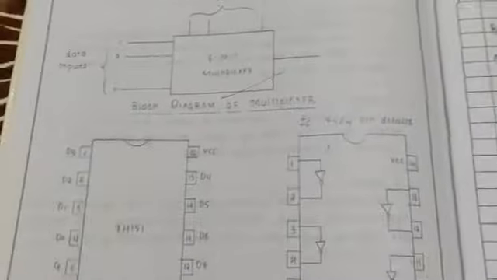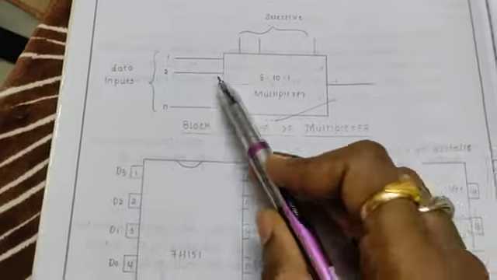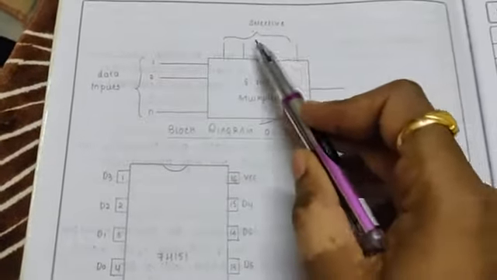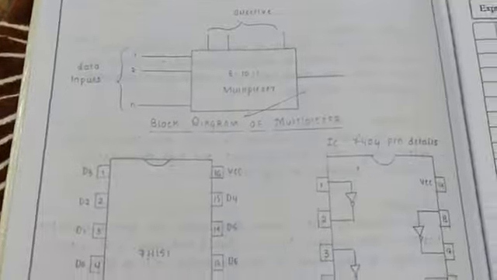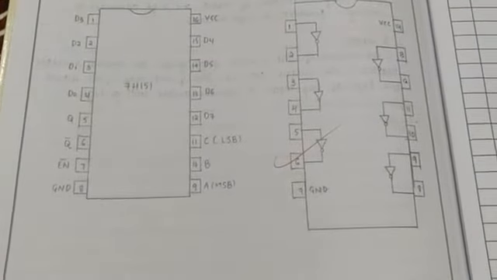I hope you people remember, I have made you solve this problem in the theory. Okay, A, B, C are the control inputs because D is a map entered variable. So before writing this, you need to write the block diagram of a multiplexer. There are n data inputs and control inputs with a select input. Okay, then you are using two ICs, right?